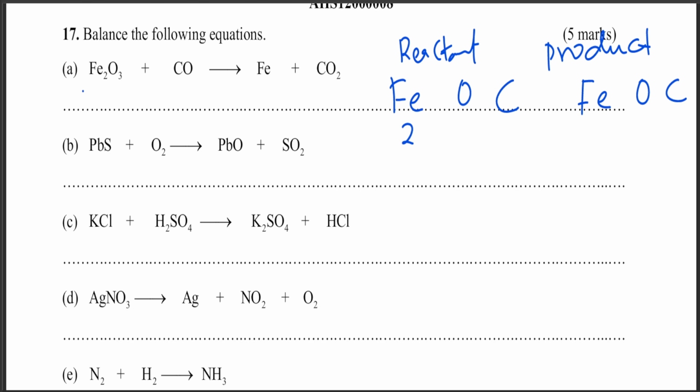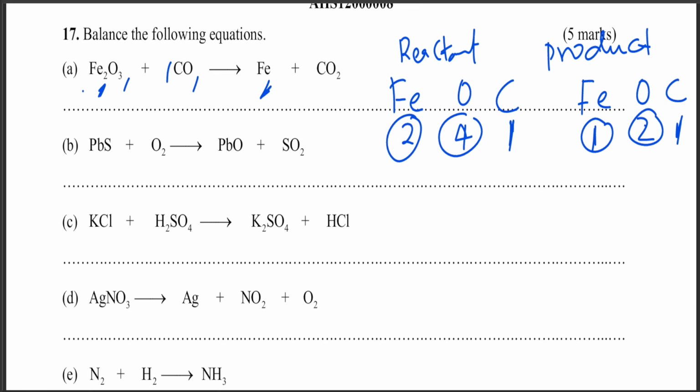Kuna iron mbili on the reactant side ukiangalia, oxygen ni 3 plus 1 is 4 oxygen. There's one carbon. On the product side kuna one iron, one carbon and 2 oxygen. So ukiona upungufu uko kwa iron na uko kwa oxygen. So utakuja hapo, upungufu uko kwa right hand side. Sawa. So ikiwa kwa right hand side ukiandika hapa 2, iron itakuwa 2 na oxygen ukiandika sasa,